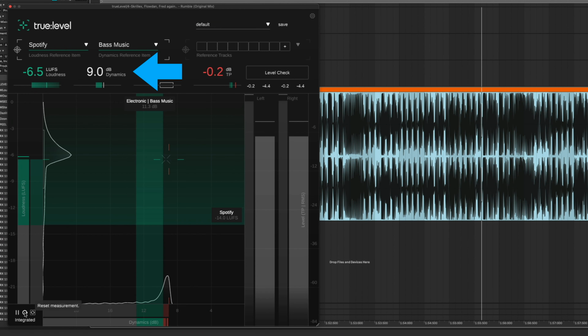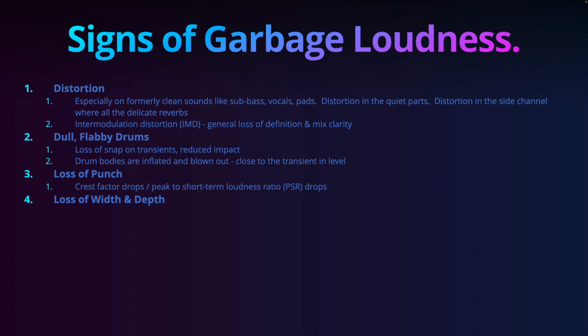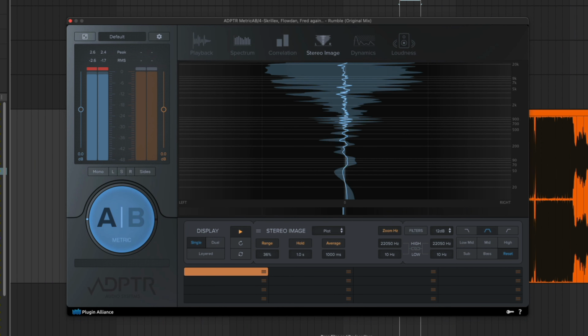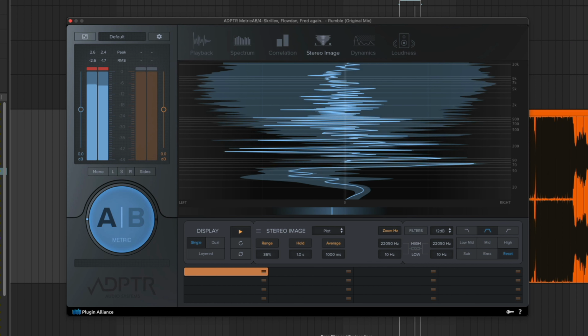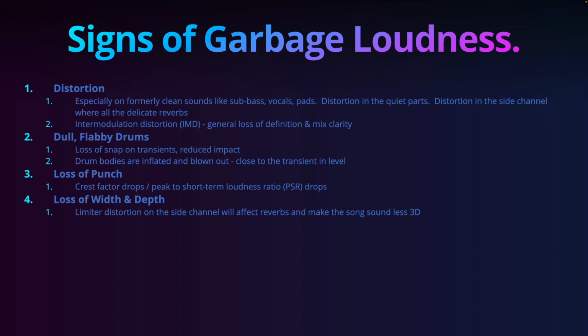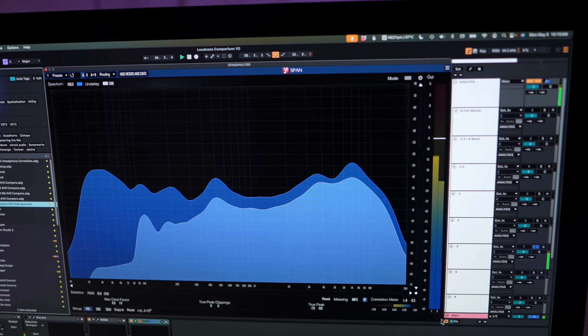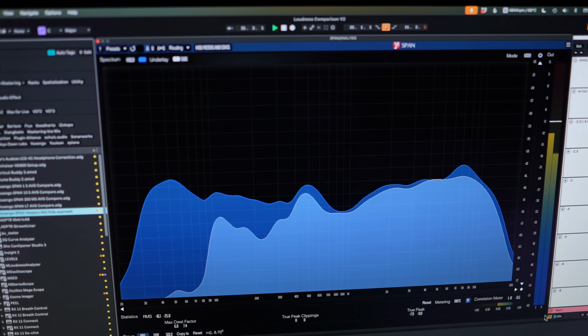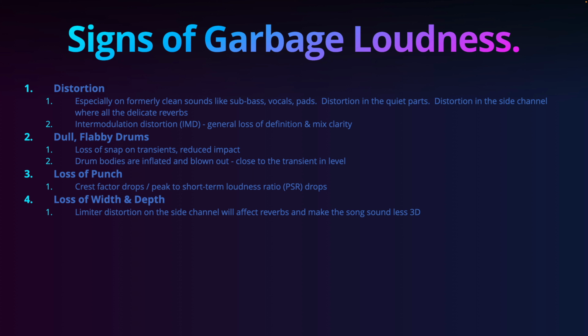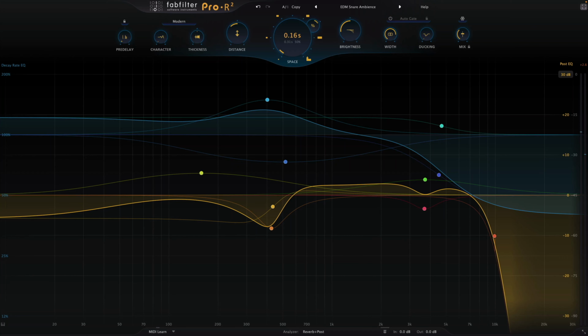Next up, you may experience a loss of width and depth in the mix. And this is related to my earlier point about distortion in the side channel. A lot of the limiter distortion will be applied to the side channel as well as the mid channel. And if it begins affecting your reverbs in that it's distorting, saturating your reverbs, that will make your song sound much less three-dimensional. You've probably worked really hard to get your mix to sound wide and spacious and deep by using reverbs,